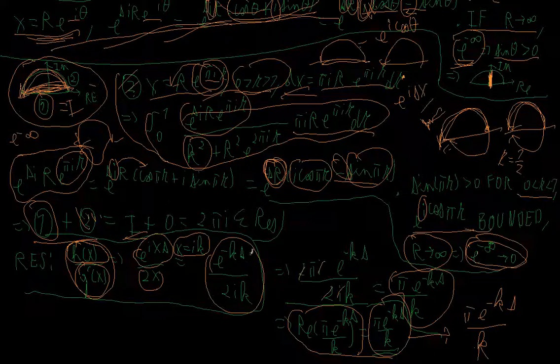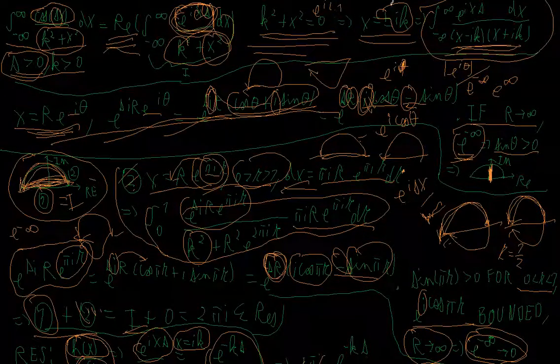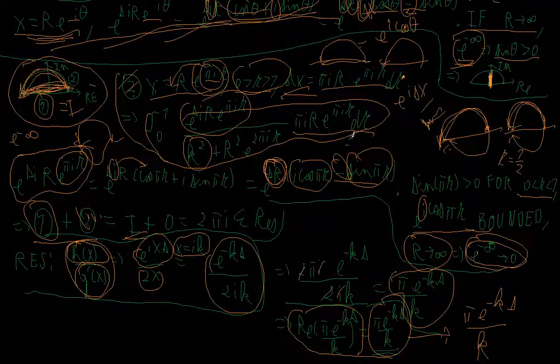Now we calculate our residue. This is a pole of order one, so we use the formula h of x over g prime of x, because everything in the denominator we take the derivative of it, and above the fraction bar we don't change anything. And now we plug in our only pole, so positive ik, because negative ik is not in the upper half plane, it is not in our domain. And now we solve and we get our residue, which is e to the minus ks over 2ik, okay? Now we multiply that with 2 pi i,